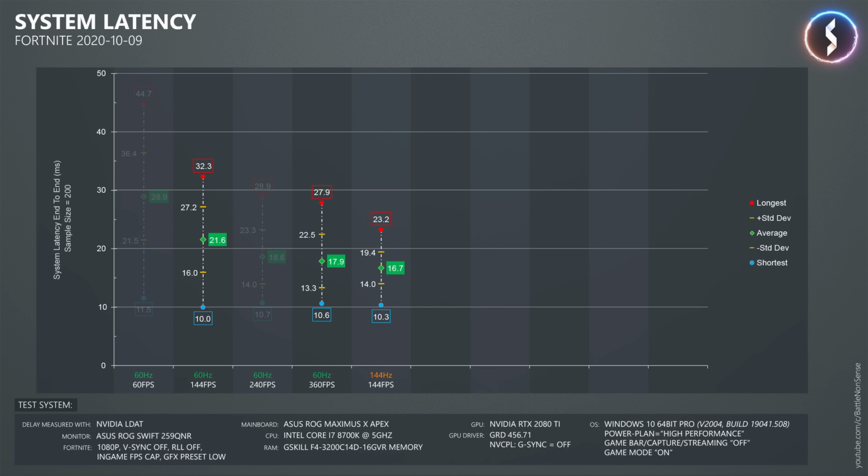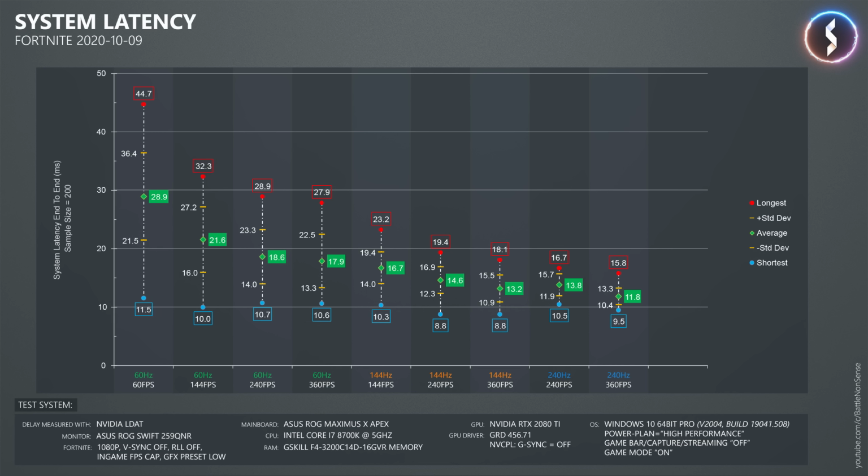When you increase the frame rate past 144 FPS, while you keep the refresh rate at 144 Hz, then the system latency continues to get lower and more stable. 240 FPS at 240 Hz also has less delay and less variation than 240 FPS at 144 Hz. Increasing the frame rate to 360 FPS at 240 Hz also further reduces the delay and makes it more stable. But you see that the gain gets smaller as we continue to increase the refresh rate.